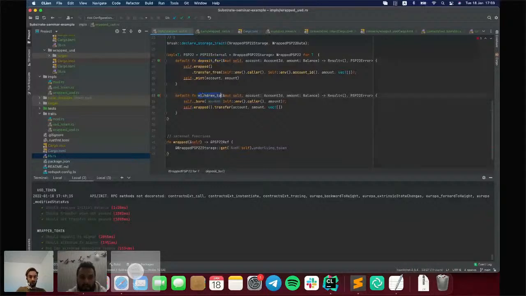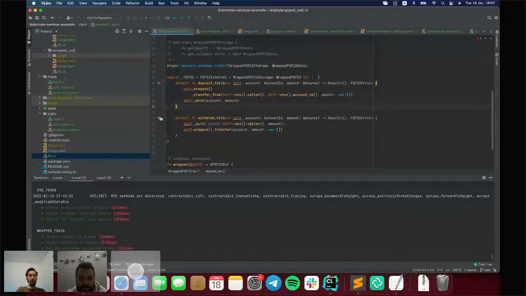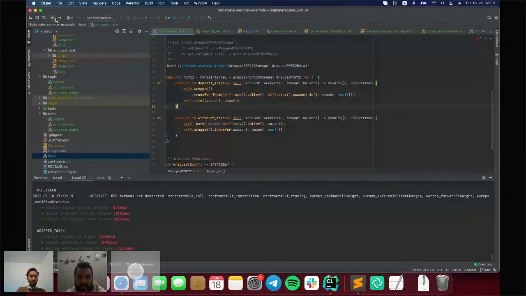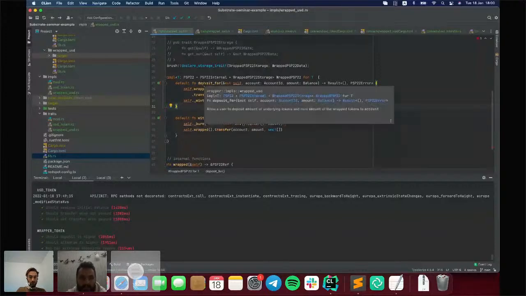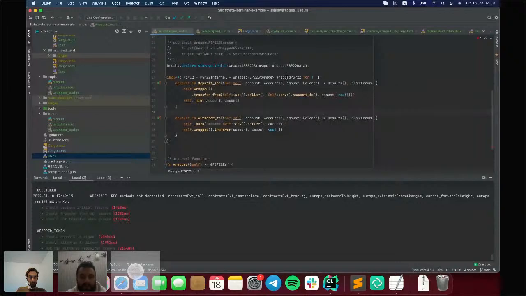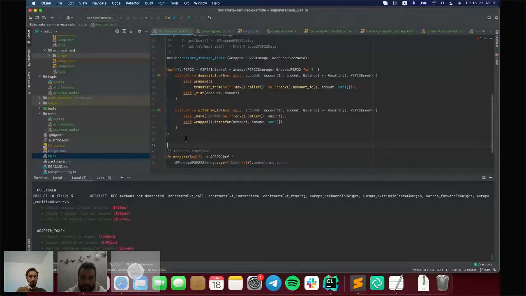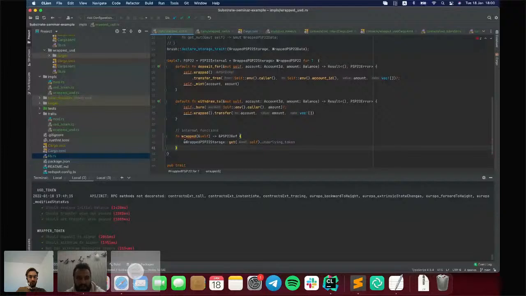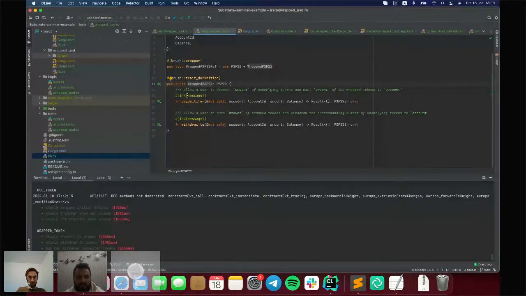We also remove ink messages because they are required only during trait definition. In the implementation section, you don't need to specify it because it is already specified in the trait.